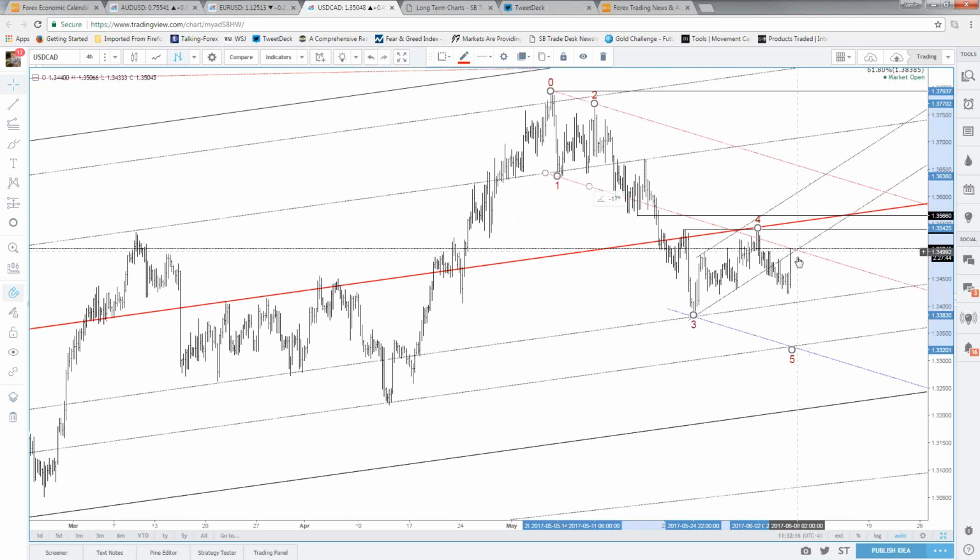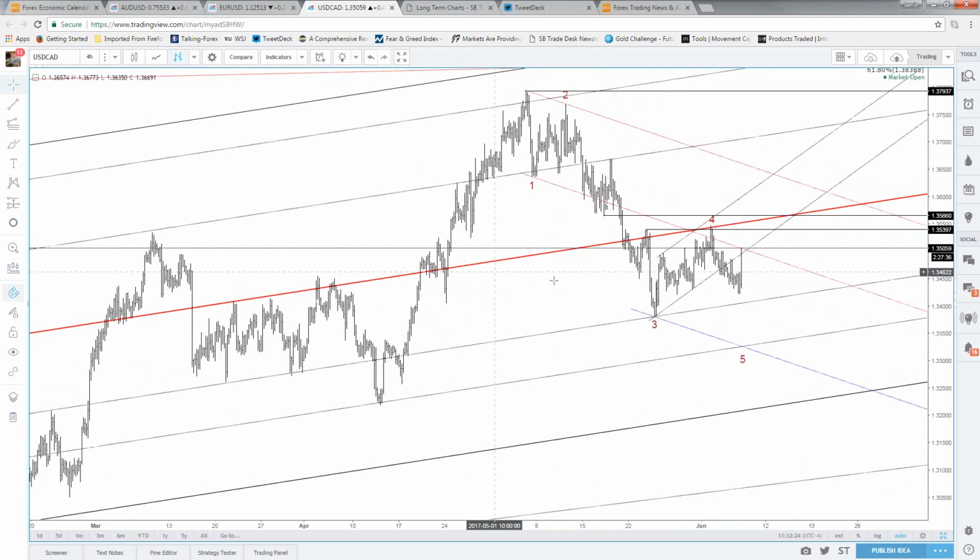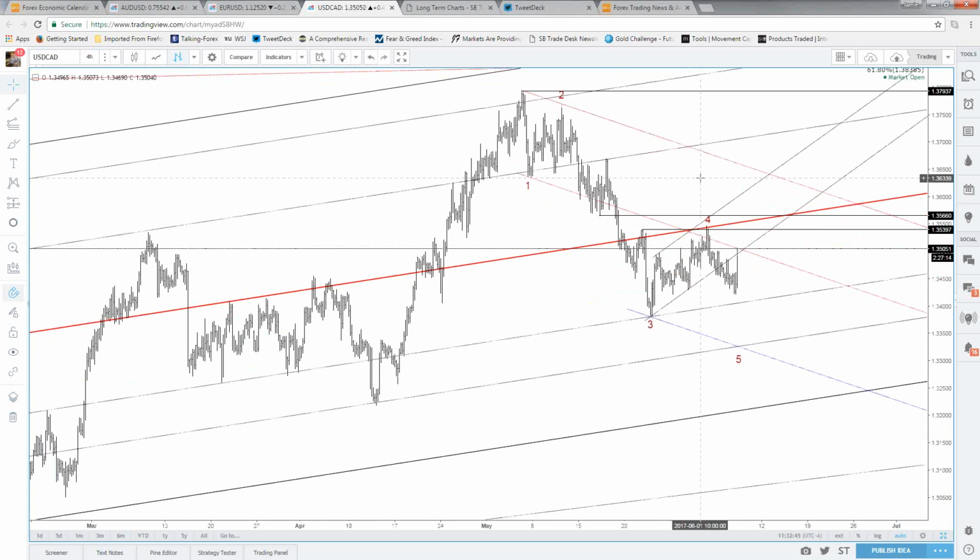I mean, this is resistance. If we fail to turn down here, I guess I'll have to change the idea that this is some sort of a fourth wave. Maybe it's a larger fourth wave. I don't know. It was very clean looking: 1, 2, 1, 2, 3, 4, 5, 3, A, B, C. Did note yesterday that fourth waves are typically a little more tricky, right? So certainly this fits the bill as far as being tricky, but